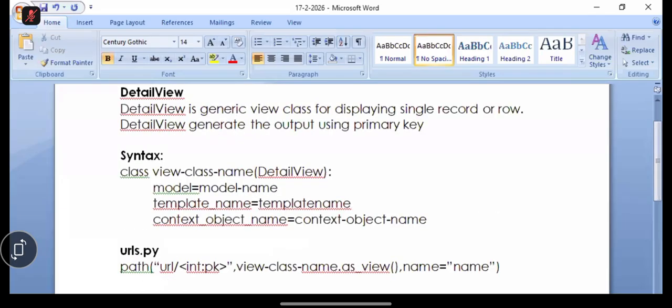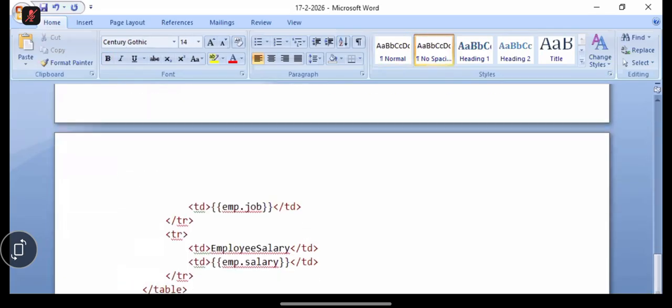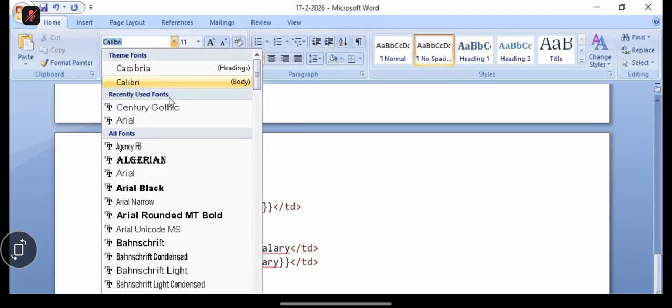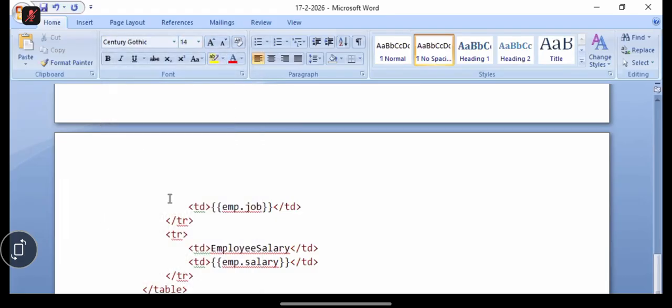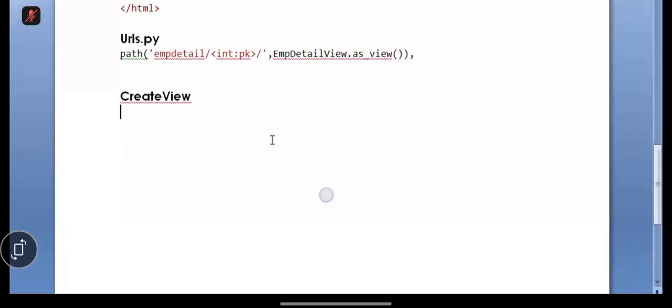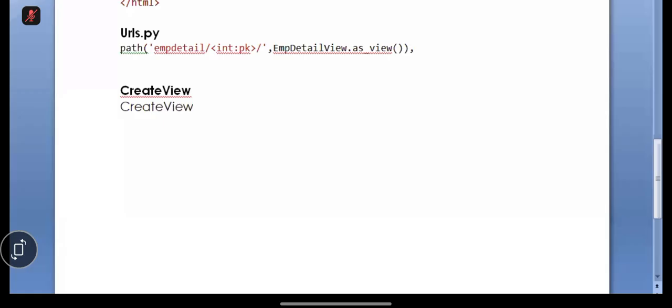Okay. Now these are generic detail view. And next, there is one more predefined view, and the name of the view is create view. There's one more view called create view. It is also a generic view class. So create view is used for creating a new record. If you want to create a new record or insert a row